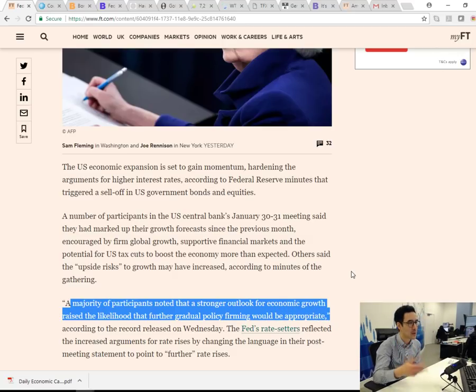So all of this language is quite optimistic about growth conditions, and as a net result, if there's upside risks to growth, then you would imagine the reaction to this is going from 3 to 4 interest rate hikes, as is believed by quite a few big banks on Wall Street.